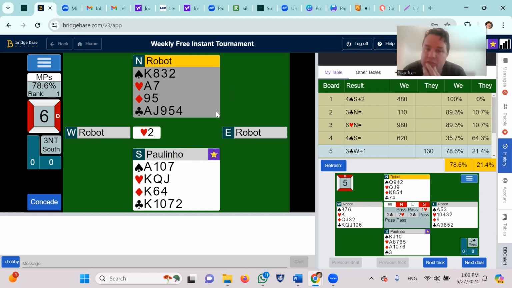And the 2 of hearts shows a 4 heart suit. So it's very, very unlikely that Mr. West has a singleton club. Should have 2 or 3. And he's leading from a bad suit. And so the